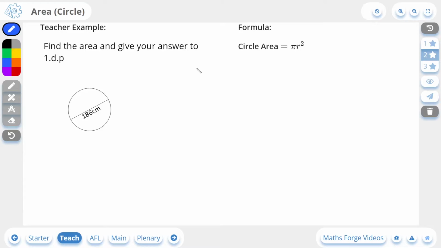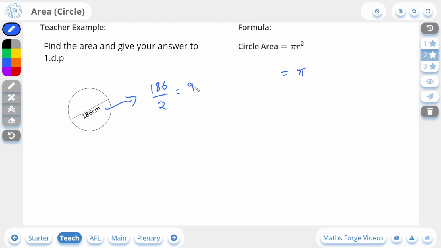Now let's do a 2-star example. Here we're being asked to find the area and to give our answer to one decimal place. Again, we're going to use the formula for the area of a circle, which is pi r squared. So all we really need to get from this circle here is the radius. In this case, they have not given us the radius. They've given us the diameter. So 186 centimeters is the diameter of the circle. But we can get to the radius from the diameter by dividing it by 2. So we're going to have 186 divided by 2, and this gives us the radius, which in this case is